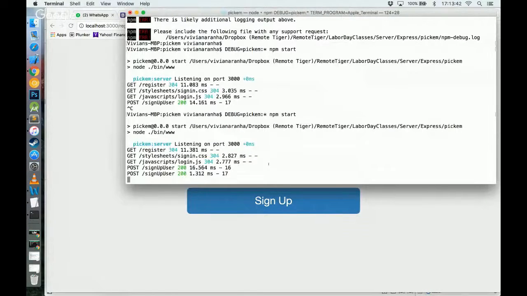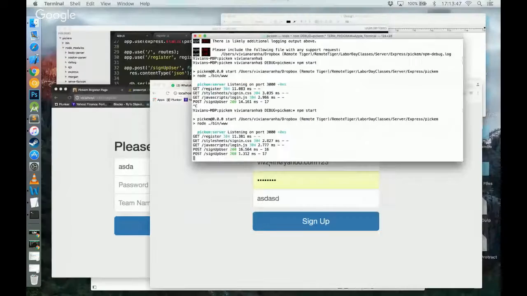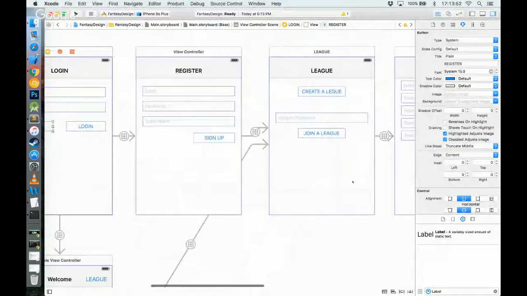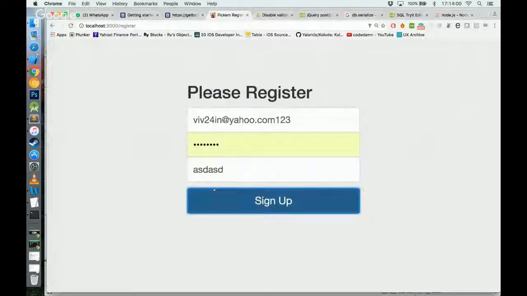So now what? We registered the user. Now what do we do? Do not make them log in. Take them to the league page now. So we have a database ready, everything is set up properly, and we found out how to catch errors. And so when you do sign up,